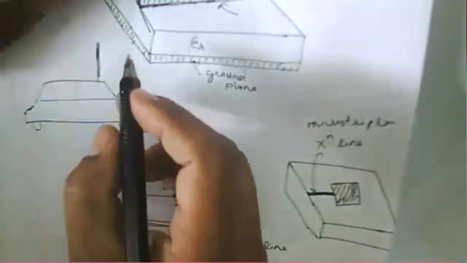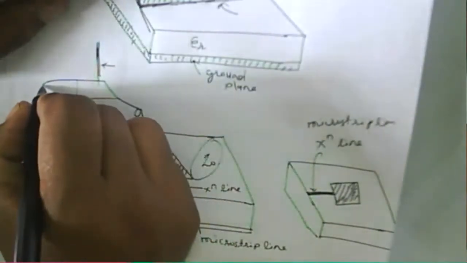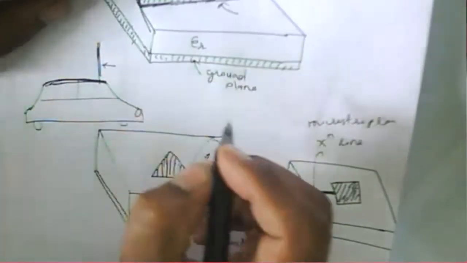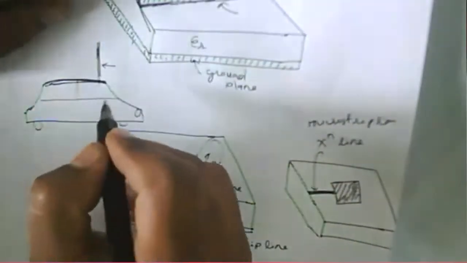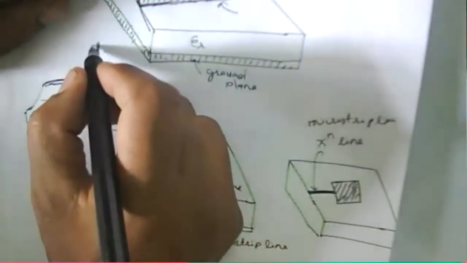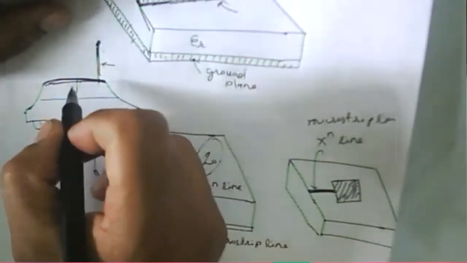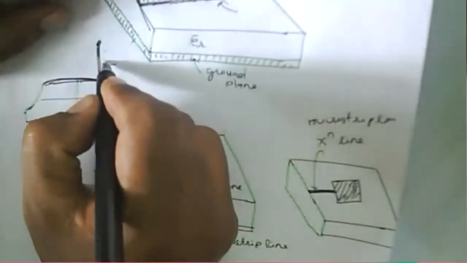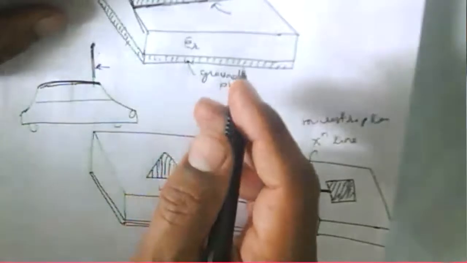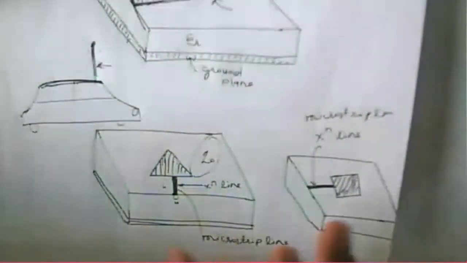One wire is there, and that wire is actually the dipole, or we can say this one is a whip antenna. But below that, this one is a conducting one. This is a metallic structure, and that metallic structure acts as a ground for this particular antenna. This one is the ground, and this one is your antenna. The exciting element will be this one. This can be used as a receiver, because if you see in a car, there is FM. FM is received by this particular antenna. So likewise, various types of structures are available, and they will be used for different applications.